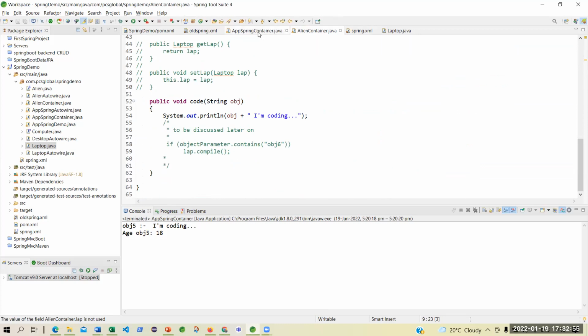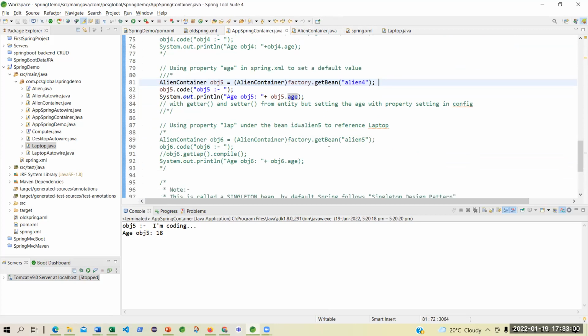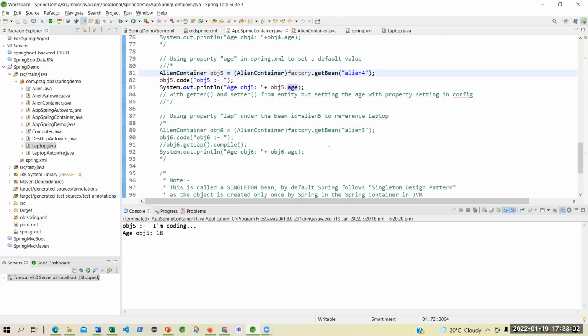Okay. Let me close this. This is the property, fine. I will start using the object, the entity object. So let me open this one.